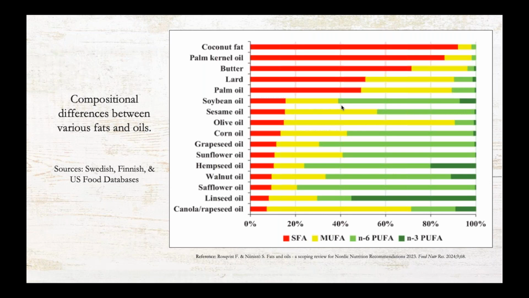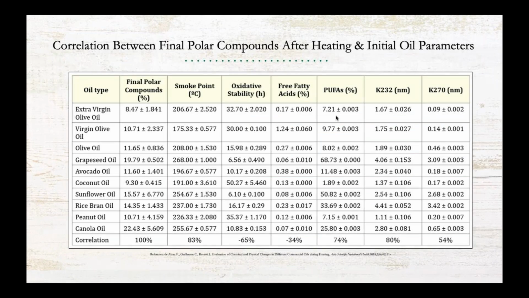And then you can see the omega-6 and the omega-3 content in here as well. This is from the USDA as well as databases in Sweden and Finland. So it's a good composition that you're going to see. Next, we'll take a look at what changes in olive oil compared to other oils at a given temperature. Again, it depends on where you're looking on this, but you can see around the smoke point, which is where that oil literally starts to burn and produce noticeable smoke. Here you've got a smoke point of around